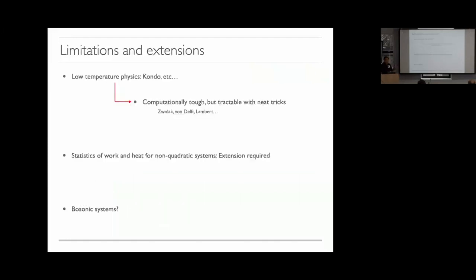If someone tells you about a new method and doesn't tell you about the limitations, they're either lying to you or lying to themselves. This is something that always worried me, low temperature physics, okay? The low temperature regime is the regime in which this method struggles. The reason being that at low temperature, the Fermi-Dirac distribution becomes sort of discontinuous. And you need to pack a lot of modes around the Fermi level such that you can capture the correct physics. That could make the problem intractable.